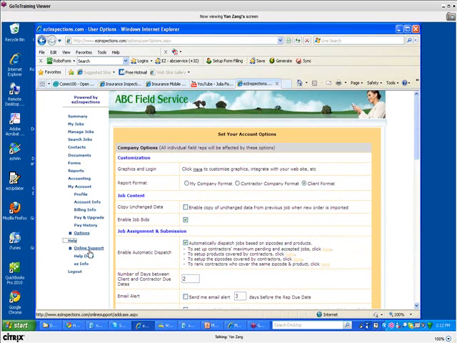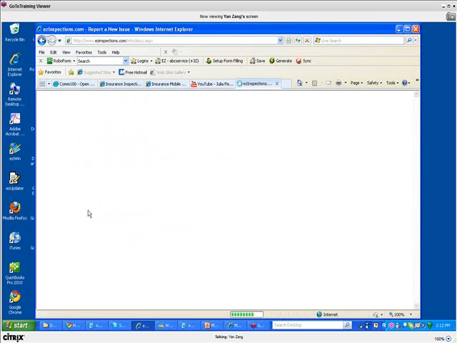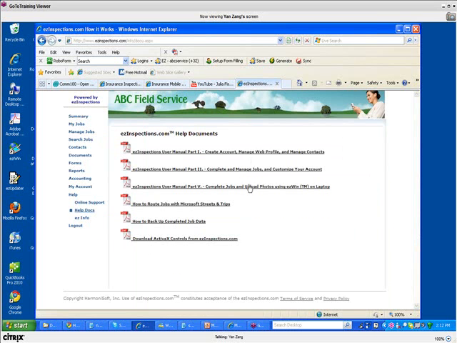Help links to online support. This is for your use when you see a glitch in the system. Then you can report an issue to the administrators. Help docs is the link where you can download the manuals and other helpful